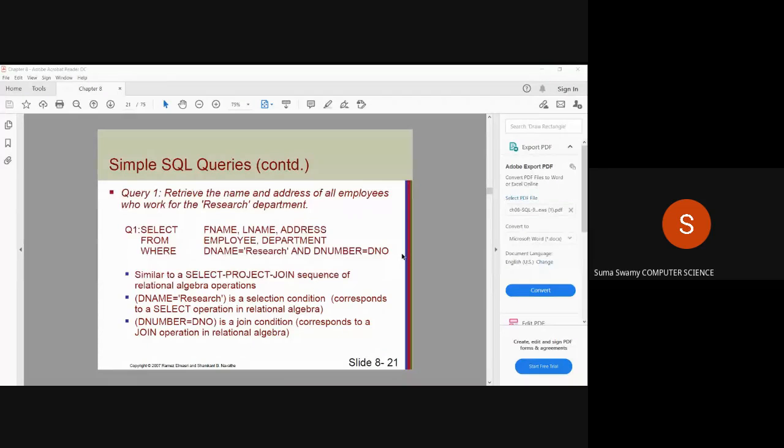And one more important point is we have to link the employee table with department using the primary key and foreign key attribute. So we know that D number is a primary key in department table and DNO is a foreign key in the employee table. So along with the research condition, another condition is the join condition, that is, using the AND operator you will write D number equal to DNO. D number indicates the primary key of department, DNO indicates the foreign key of the employee table. Then put a semicolon. Is this query clear?